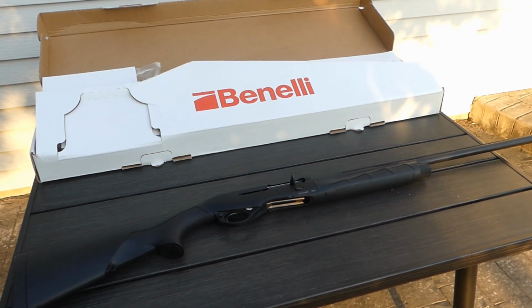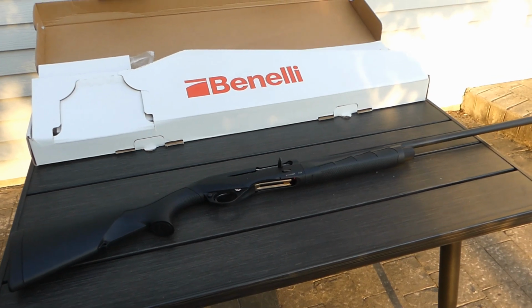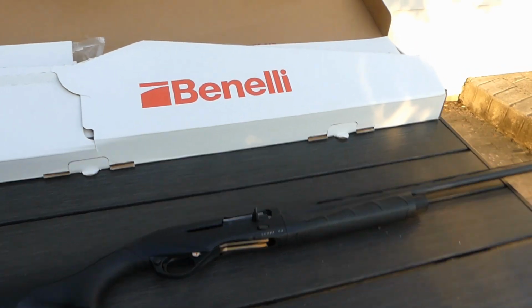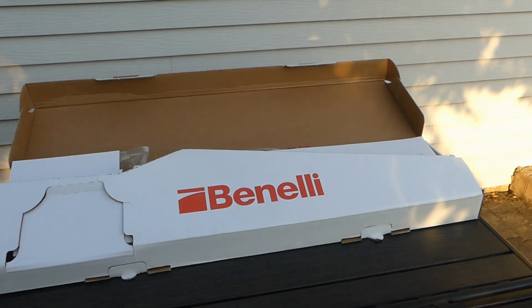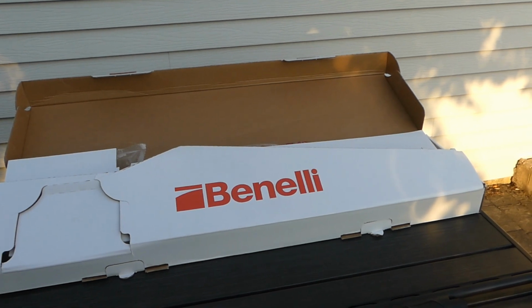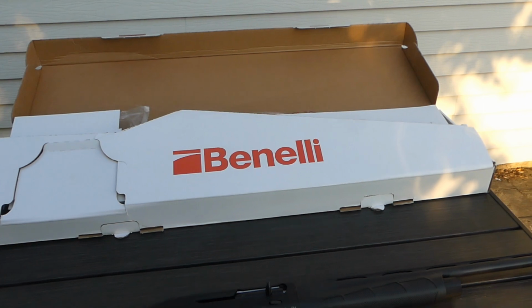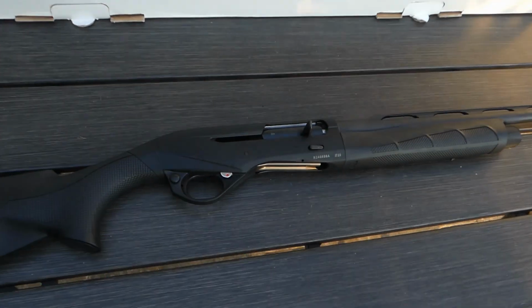This is an extremely brief handheld overview of the 2023 Benelli M2. As you can see, it comes in a cardboard box. The old M2s came in a plastic case, so they're trying to save a couple pesos right there. As far as the gun itself,